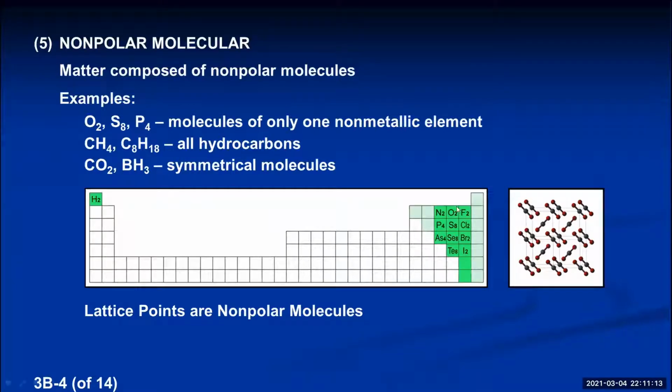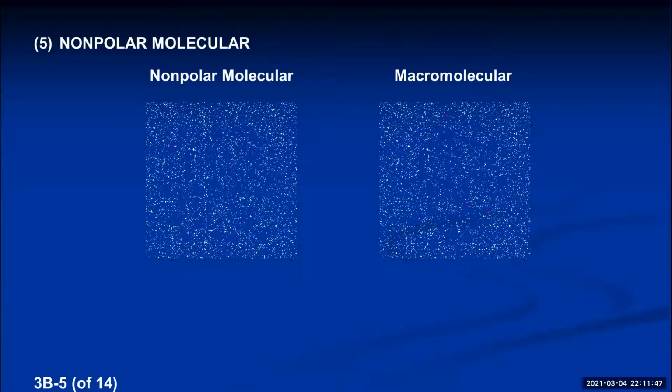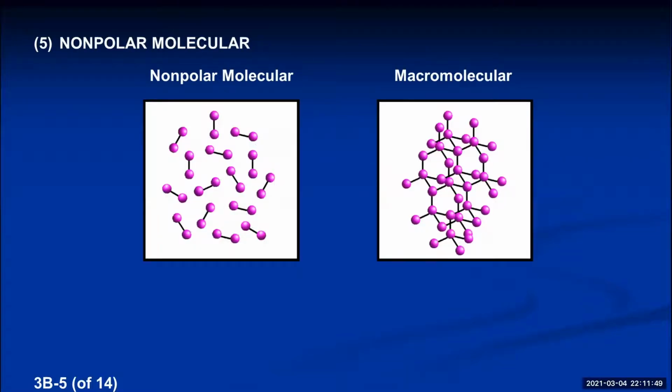Sometimes we get confused, these nonpolar molecules, with the category over here, these macromolecular substances like boron, carbon, silicon, or silicon dioxide. So make sure you can visualize the difference between what we're talking about right now, a nonpolar molecular substance, and then something macromolecular. Nonpolar molecular, you have millions and millions of unique molecules that make a crystal, but the molecules don't bond to each other. In a macromolecular substance, you have millions and millions of either borons or carbons or silicons, but they all covalently bond to each other. So look at the two pictures and see if that makes sense to you.